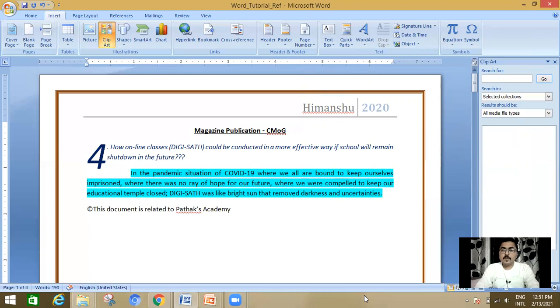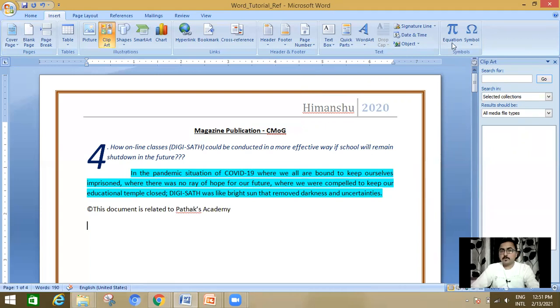And what is the purpose of equation? If you want to write any equation related to your subject like chemistry, math, then equation will be used. Or if you want to insert some mathematical functions like sum, square root, then this option will be used.